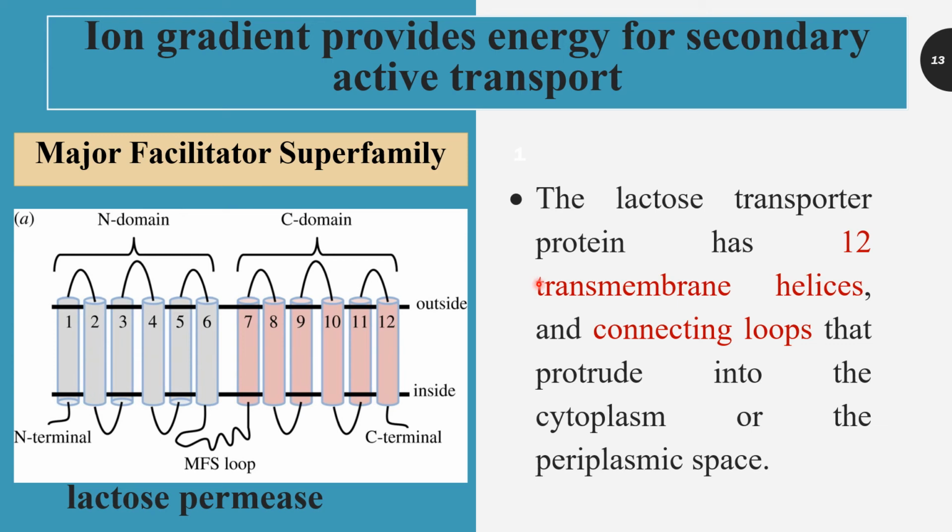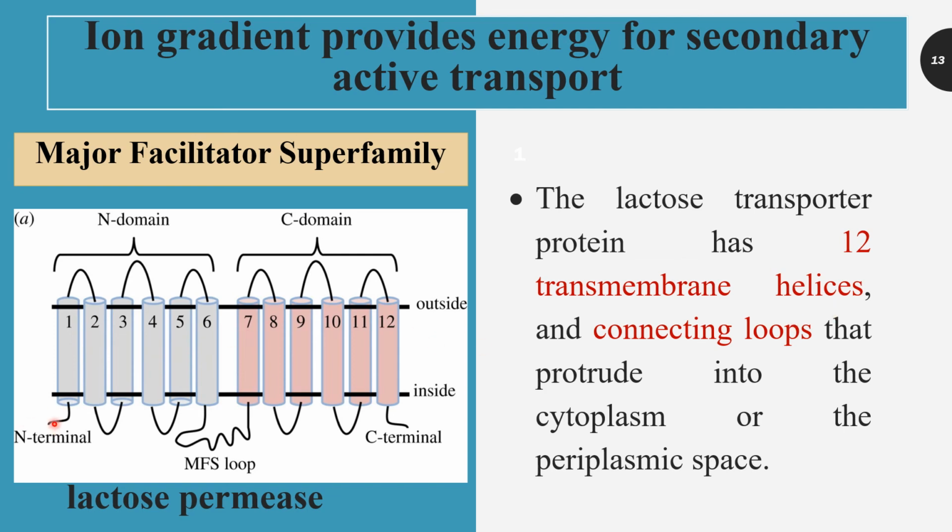This lactose transporter protein is actually a member of a protein family known as the major facilitator superfamily. There are different families of proteins. Families of proteins means proteins having similar characters are grouped into certain families. We will see that topic later on. The lactose transporter is a member of this major facilitator superfamily, and an important property of this family is that there are 12 transmembrane helices. Helices means the helical turns, the alpha helices of that particular protein.